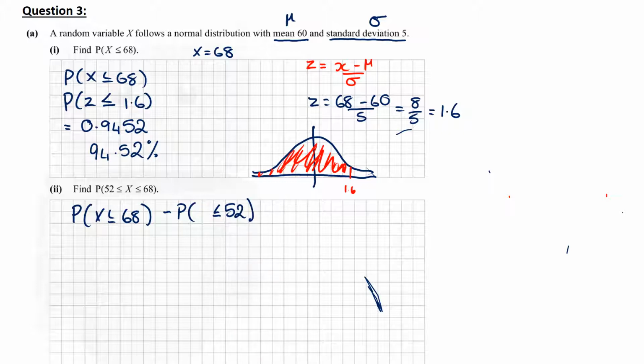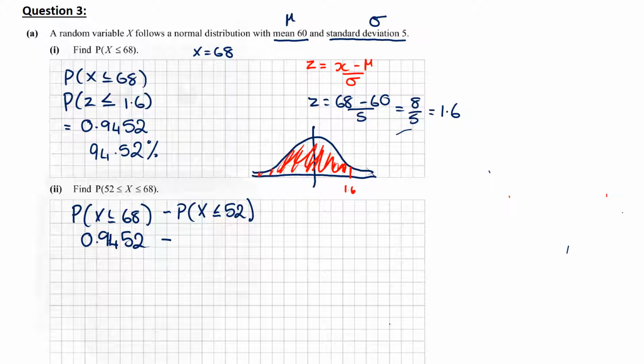Apologies, that should be x. Now, we've already worked this out. This is 94 point, I'm going to go back to my decimals. So this is 0.9452 minus. Now, we haven't figured out what the probability that x is less than 52 is, so we have